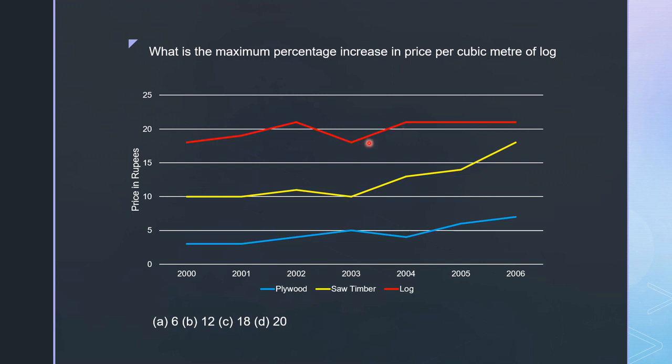So the difference is 3. So in this period the maximum percentage increment has occurred per cubic meter of log. How we calculate this value, we will see in the next slide. Okay,